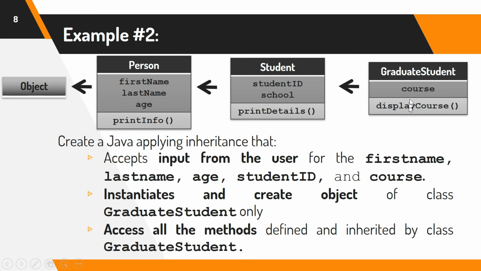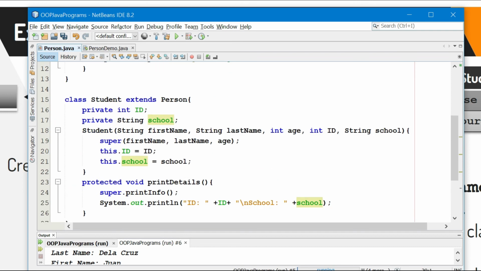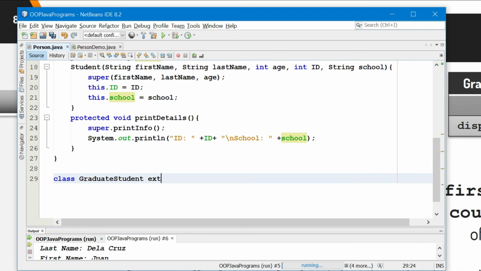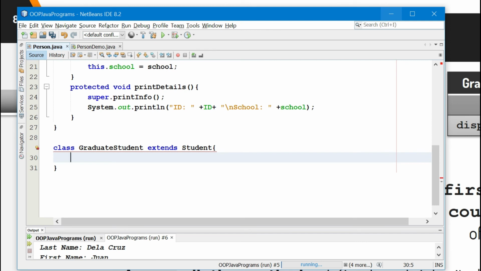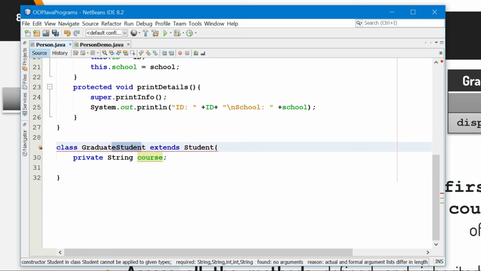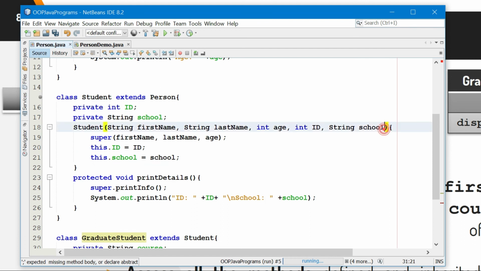What we will add is course, and it will display the course. We place it after the class declaration of our first subclass. So, class GraduateStudent extends Student. We declare its specific attribute course: private String course. Now let's declare the constructor. The constructor has the same name as the class, so GraduateStudent also. And then, like what we did in our class Student,